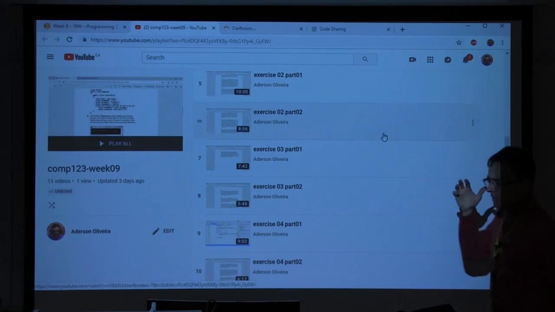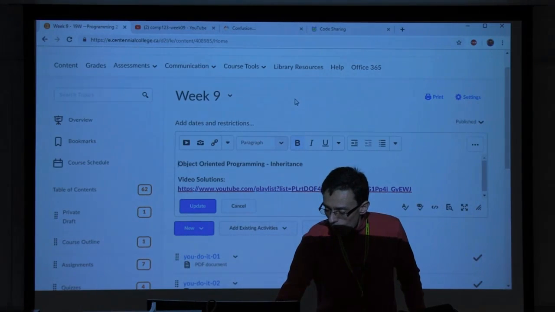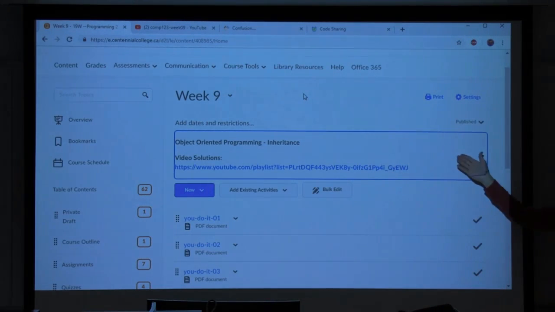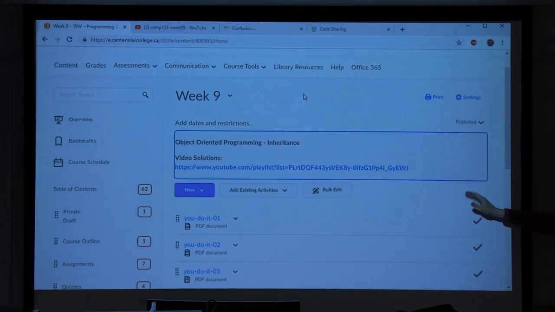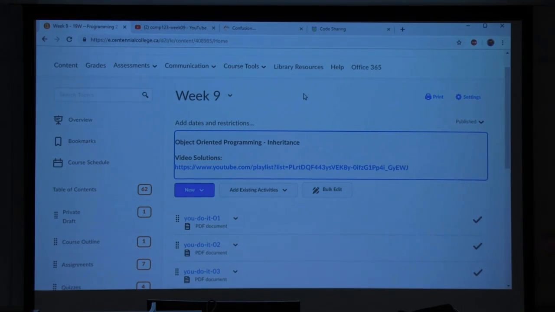Okay, so again, just want to remind you of where you can find that. After each week, I may not remember to mention that, but I'll always post the solutions here in Centennial, and I'll try to post videos about the solutions as well. So you can refer back to Centennial, to the corresponding week, and see the solutions, and hopefully see some video solutions as well, okay? Again, just a quick reminder.